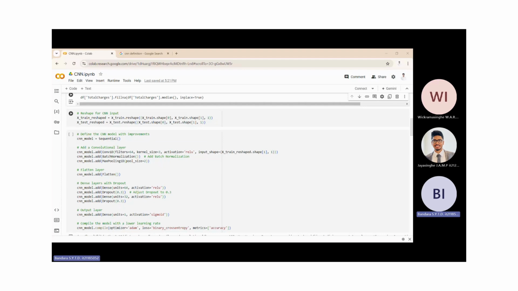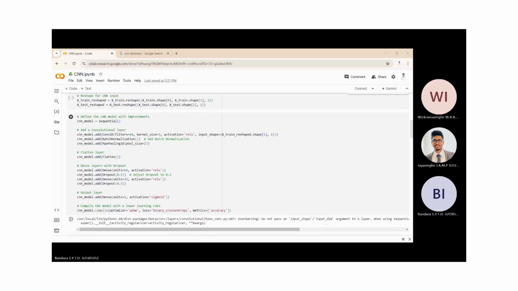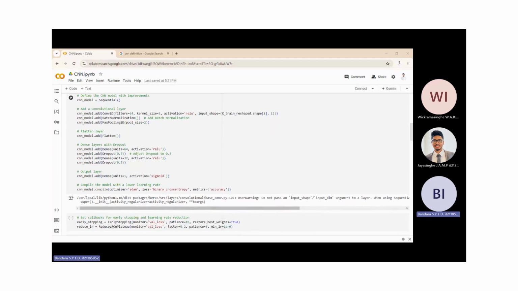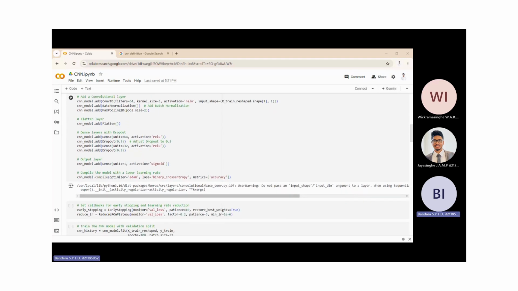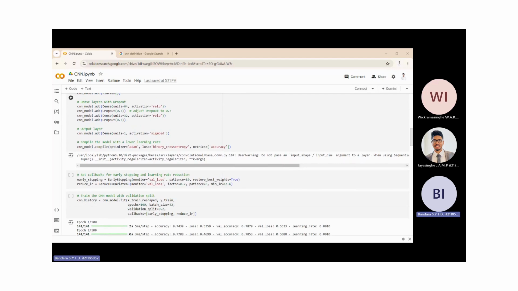Reshaping the input data for CNN, and after that, we have to build our CNN model, which contains the convolution layer, flatten layer, dense layer, and output layer.